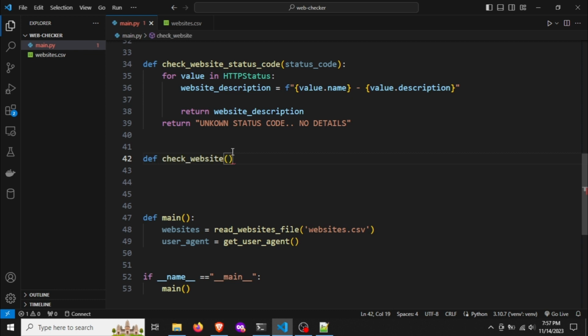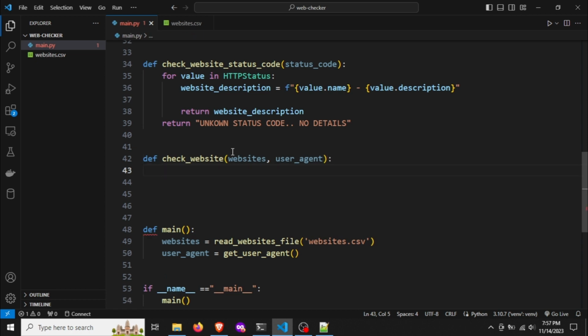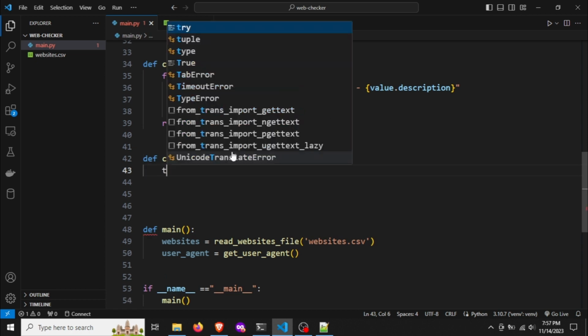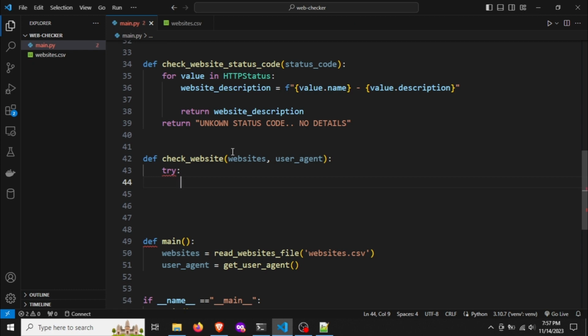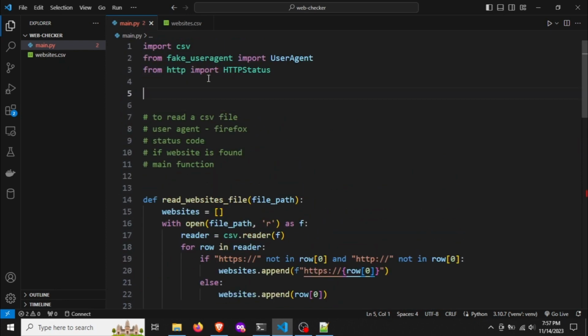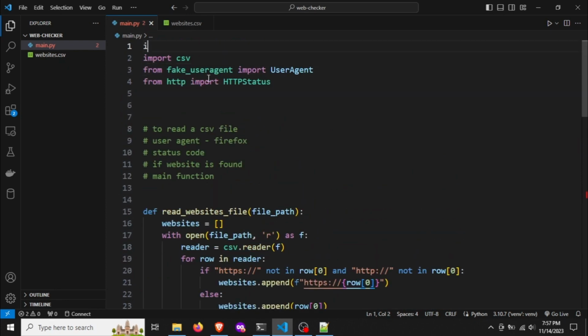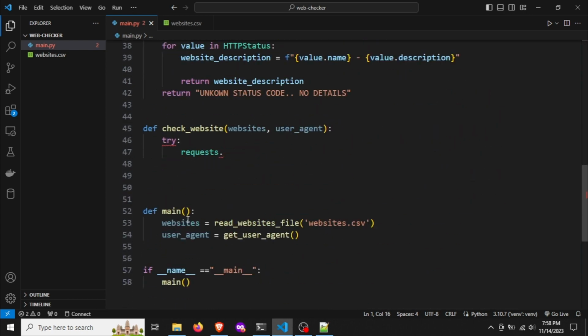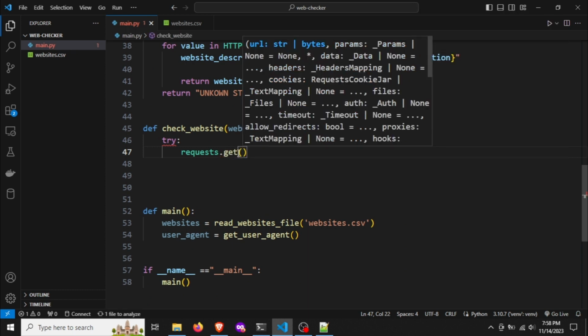That's all, and it is going to take two parameters. Let's say websites and user agent. And what we can do is, let's go inside the try, and here we are going to say request. I'm going to again import the request library, and here we'll say request.get, because we have to call that website,